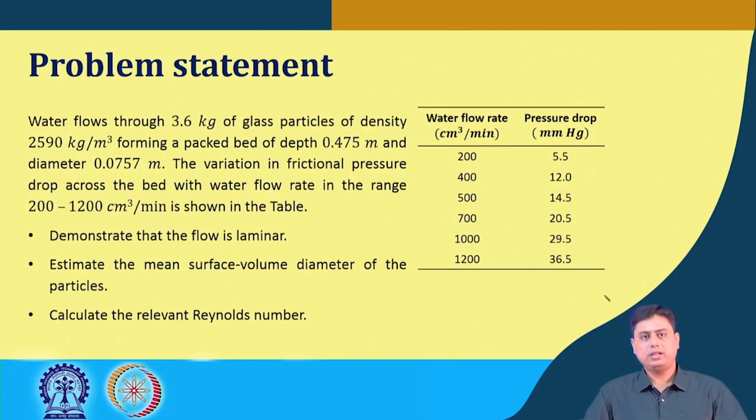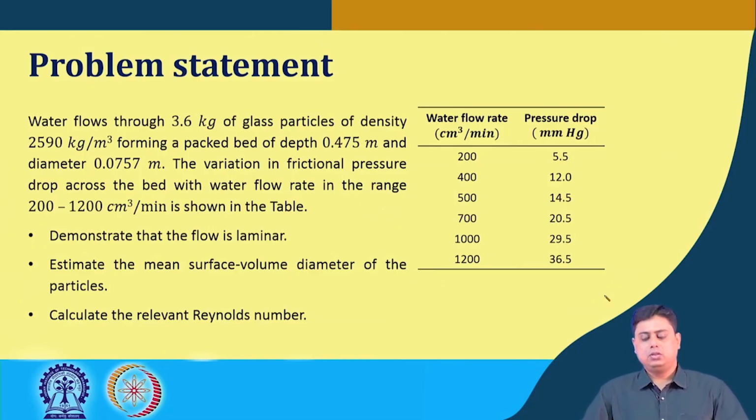The variation in frictional pressure drop across the bed with water flow rate in the range of 200 to 1200 cc per minute is given in the table. We have to show at first that this flow behavior is laminar. We have to estimate the mean surface volume diameter of these particles, and we have to calculate the relevant Reynolds